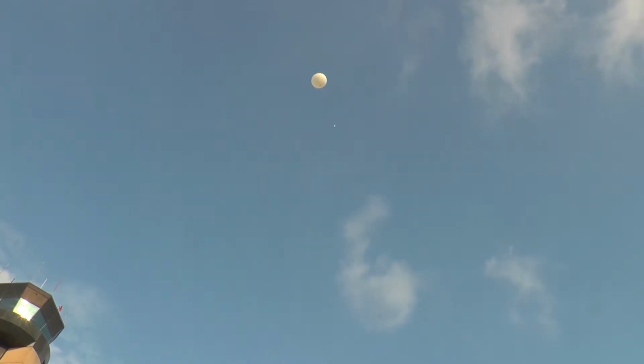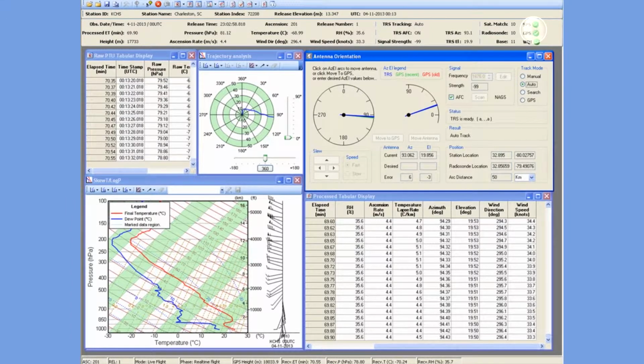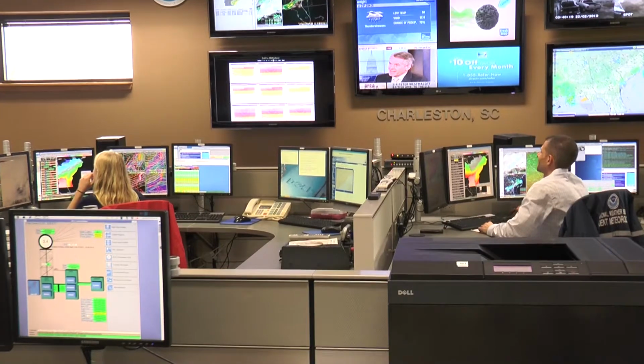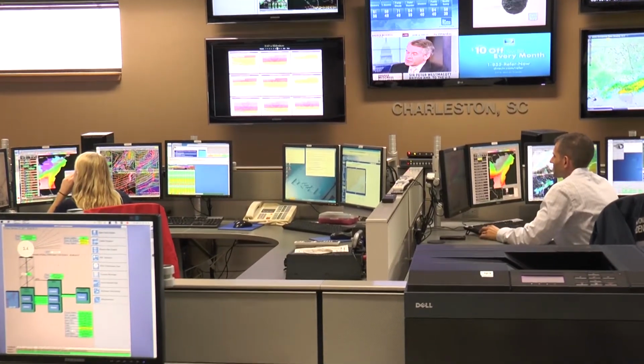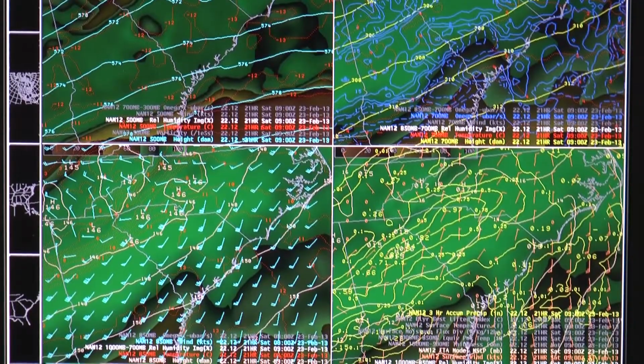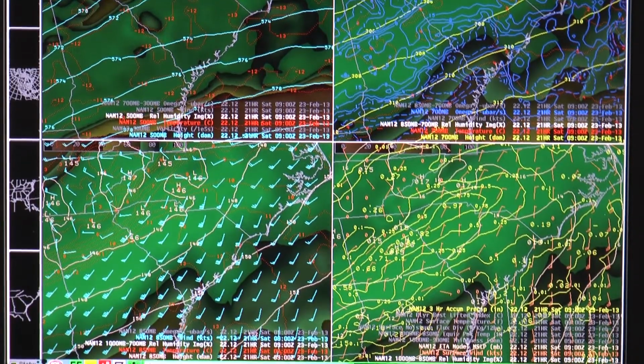With increasing height, decreasing pressure allows the balloon to continuously expand. Eventually, the balloon reaches its elastic limits and bursts, ending the flight and allowing the radiosonde and parachute to slowly descend back to the surface. This critical data gets ingested into weather models, providing improved forecasts. Upper air data can also be plotted on a weather map, giving meteorologists an even more in-depth look at the